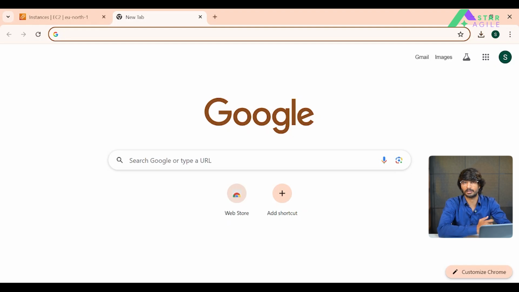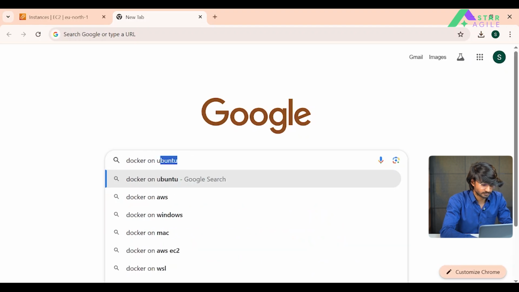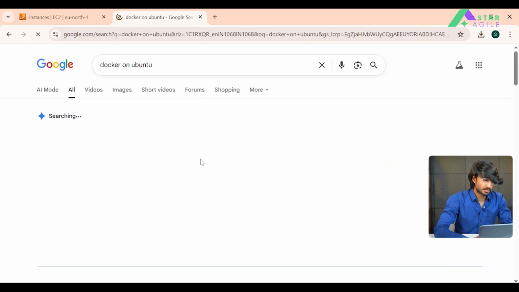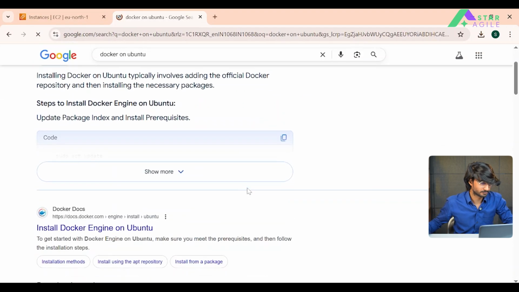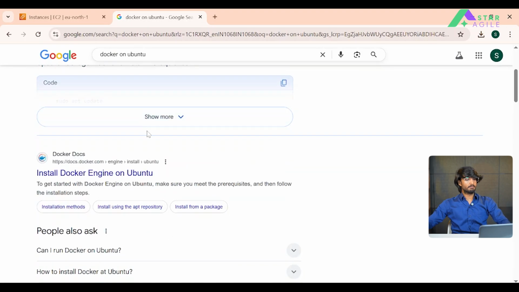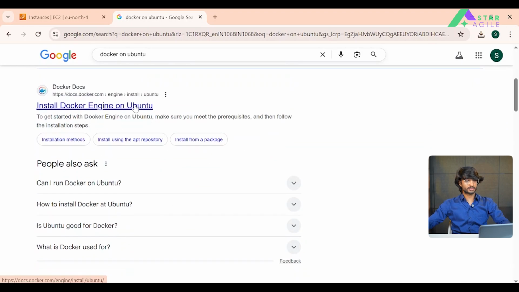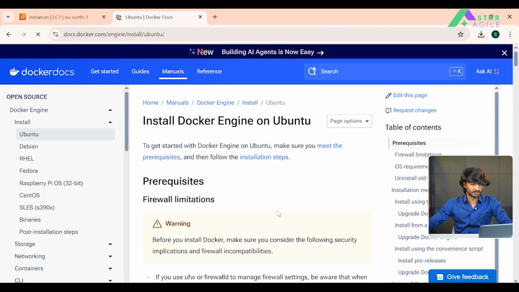Then I'll try to install that one. As you can see, my first search result is Install Docker Engine on Ubuntu. Let me go on that one.